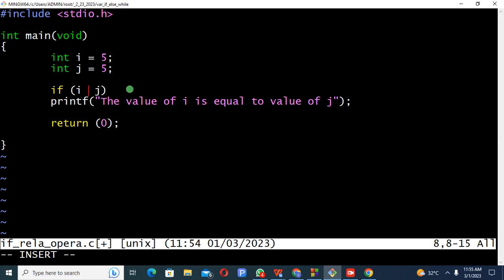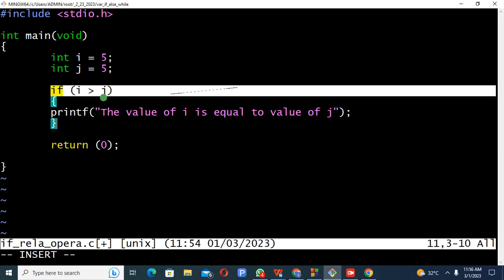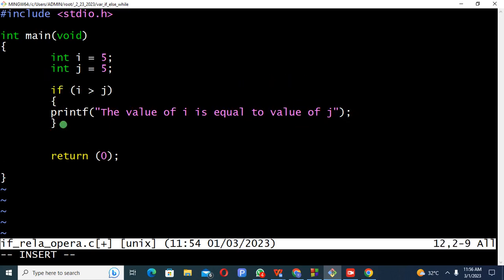But in that case, since this is not greater than 5 and is not bringing this out, we need to introduce what we call else. That is the essence of the else statement: if the first condition is not true, then this second one should be executed. Else print